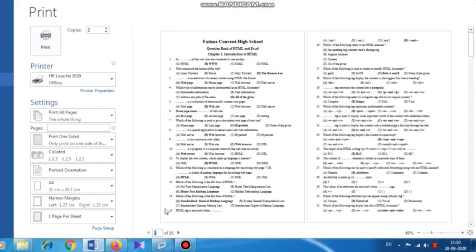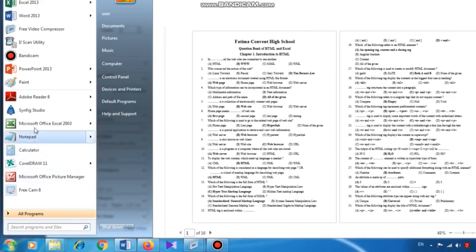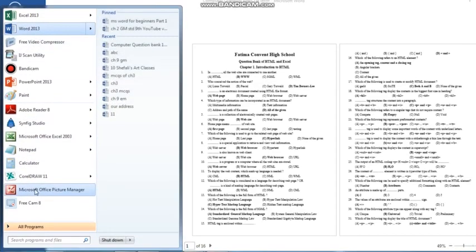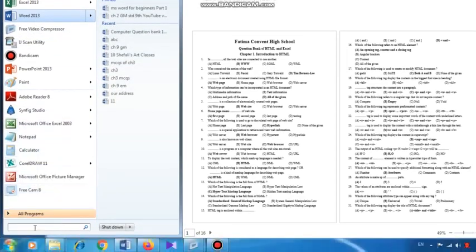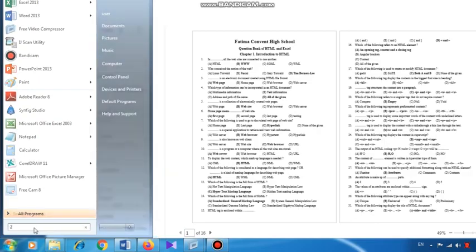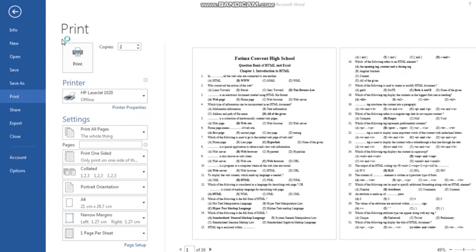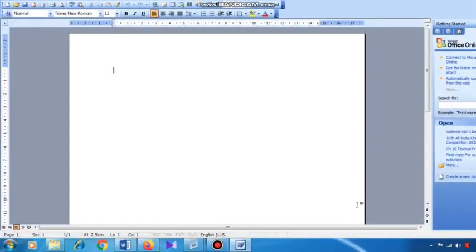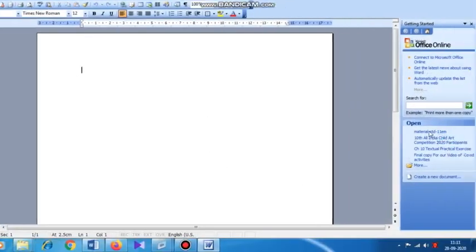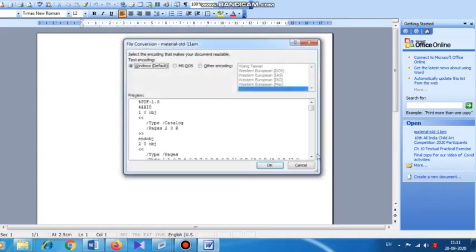In some other version, for example, I open a file in 2003 version. Okay, just a minute. Then there the print preview will be totally different. I am not able to open this file, but it will be different.